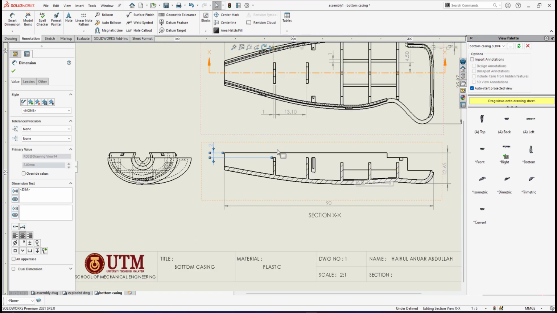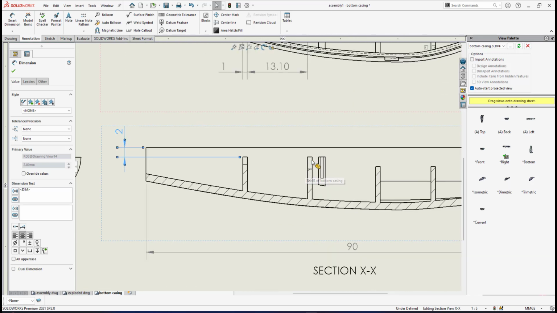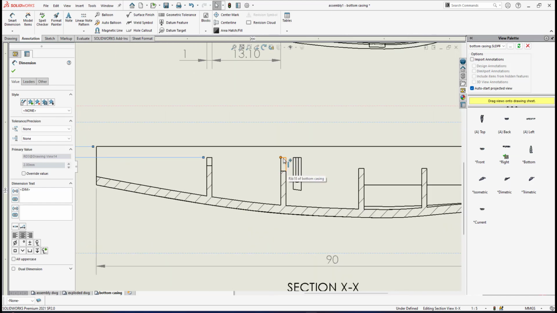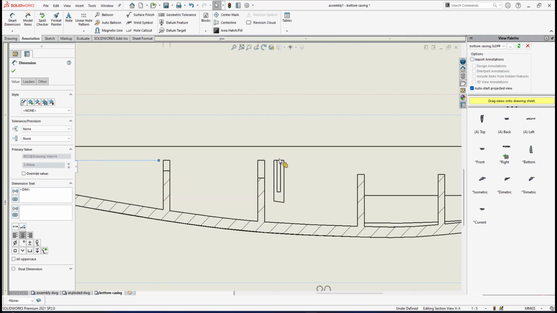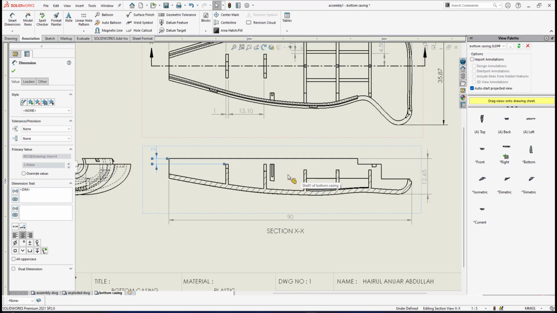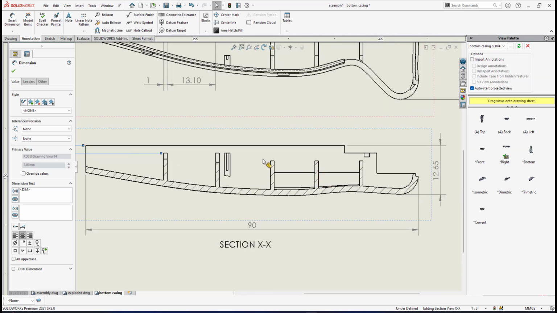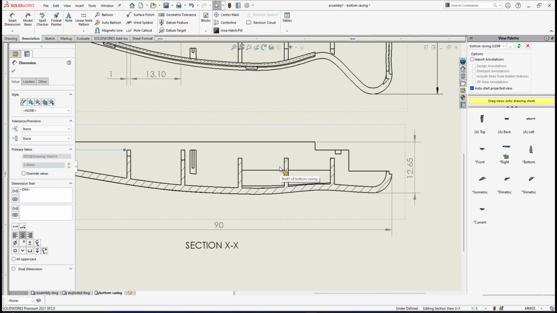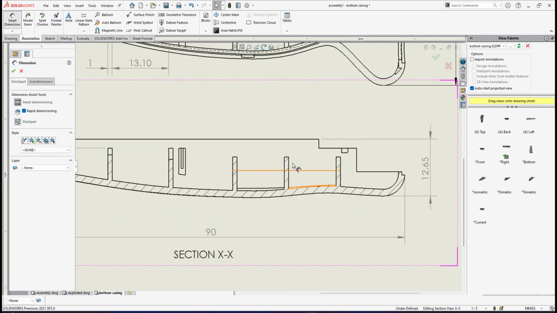Okay, at least I can show about, I have already done this one. The height is in level, so I have to put the dimension. Same goes for the slot height, which is the same as the rib of the motor. To support the motor, about this height, we have 3 ribs here. The height of this, I can put it from this edge to